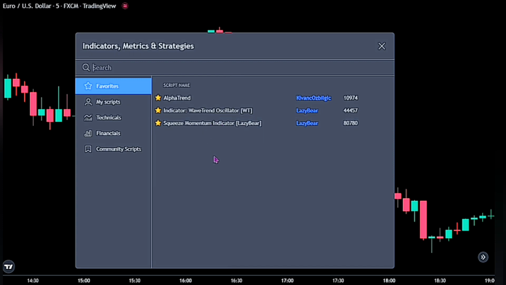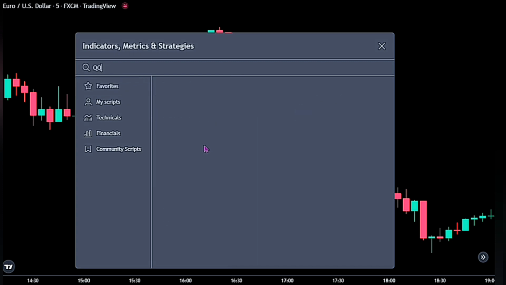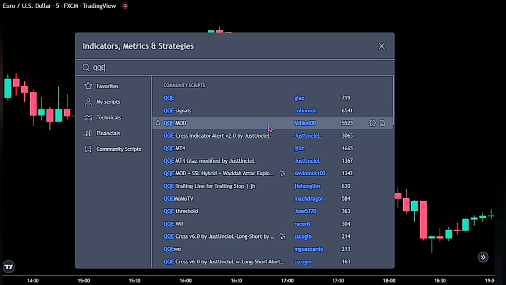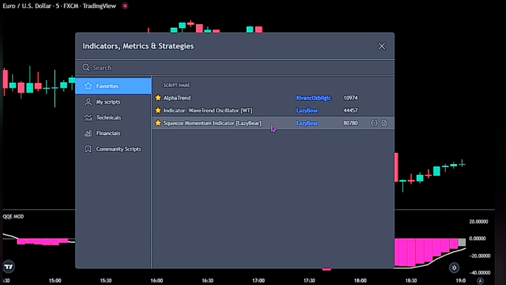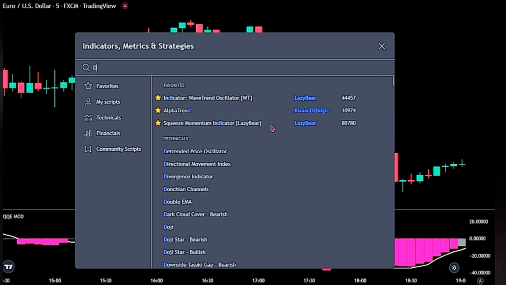For the first indicator, go ahead and search for the QQE mod by Michael00, this one right here. This is a quantitative estimation. This indicator will be for our signal entry, as we will be using its value to determine when to enter a trade or not. Now for the second indicator, go ahead and search for the Dzewne trend indicator, this one